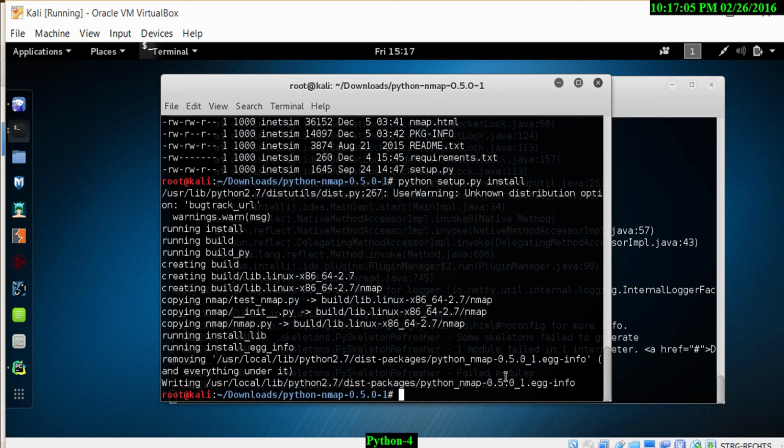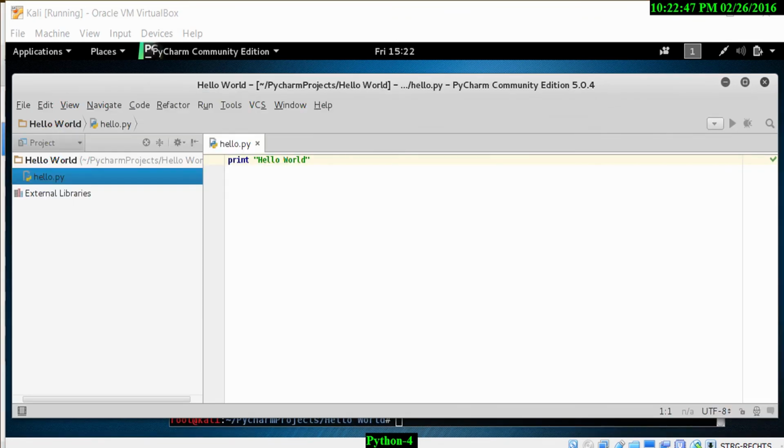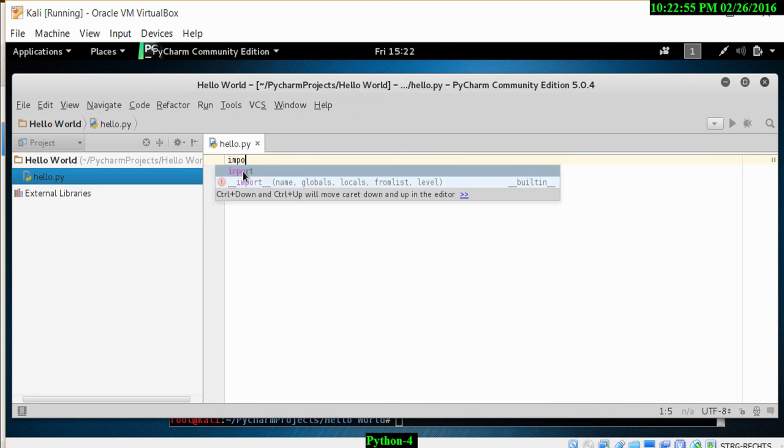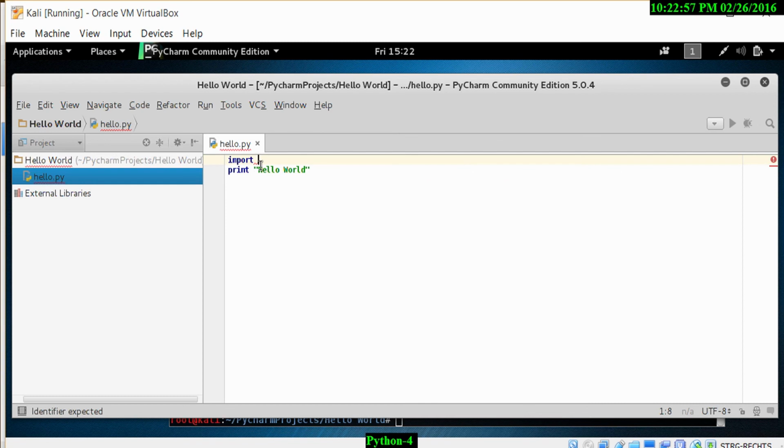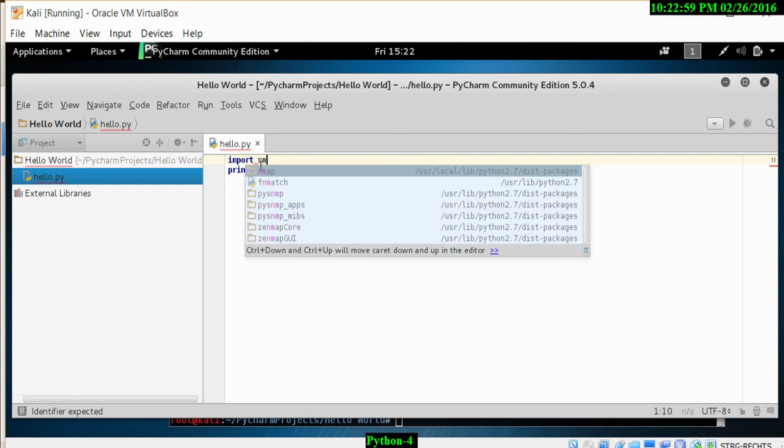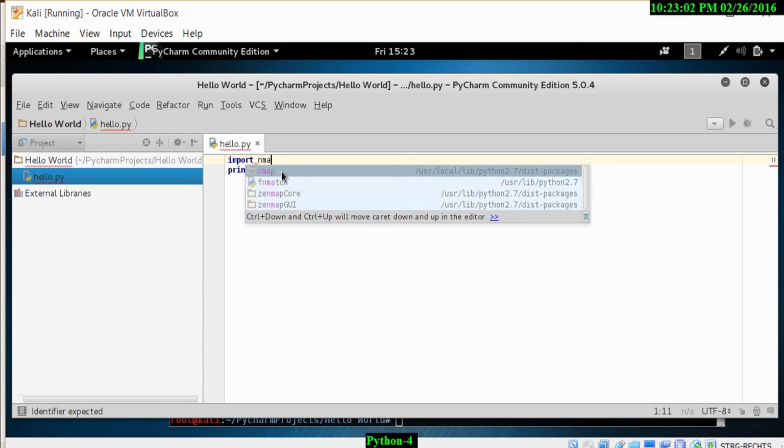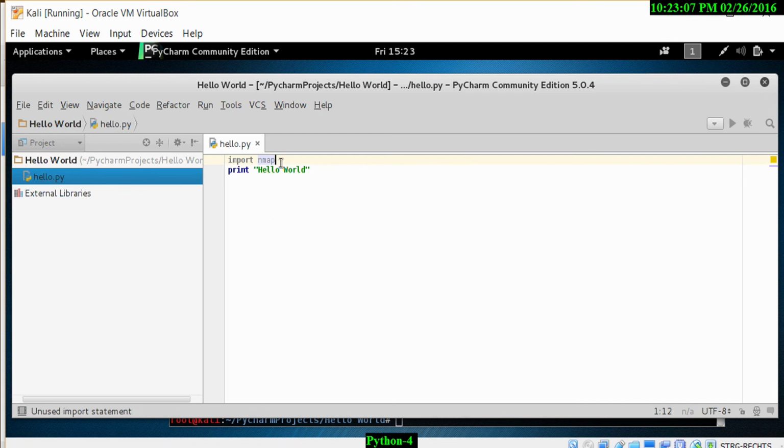Now that we have that installed, we can actually go into our program of writing our Python program. So let's go in here and let's do a couple of things. One would be import. So we type in import, and then we type in the name of the actual module. It has this keyword recognition option, so it gives you some options to select from. So type in import nmap. We will leave the